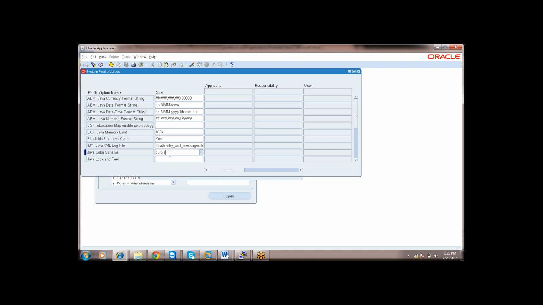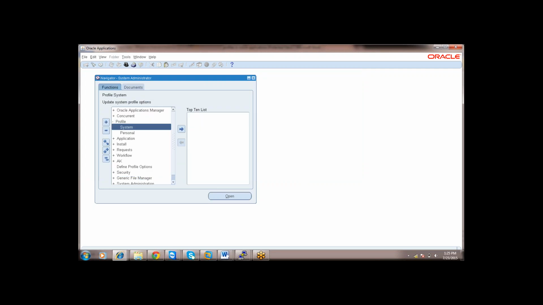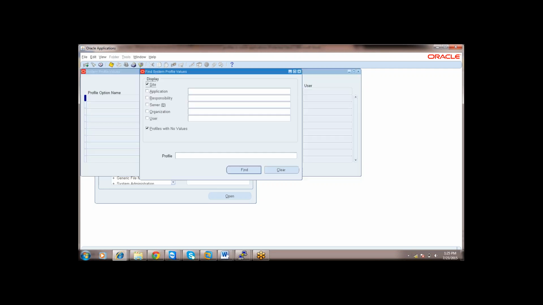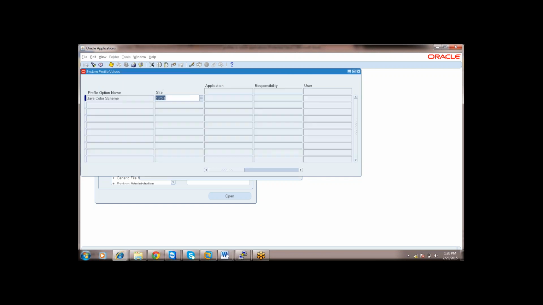If you want to change the value at a particular user level, you can. For sysadmin, if you want to change this profile option, you can change it. I'll show you. This is set at site level.